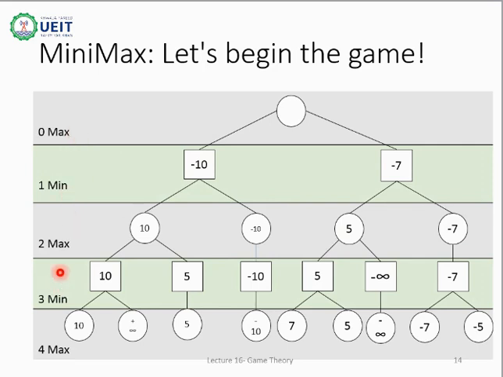These levels show which value we have to choose, either min or max. These are actually the turns taken by the players. The root node is always at max level. So out of these two, which one is maximum? Of course, minus 7 is maximum, and it will get passed to the root node, defining the path that would be taken by the player to win the game. This path would be taken by the player to win the game. The path that shows the minus 7 utility.